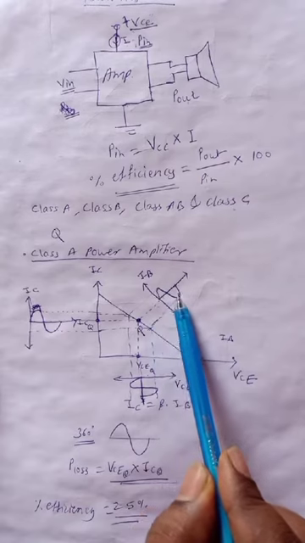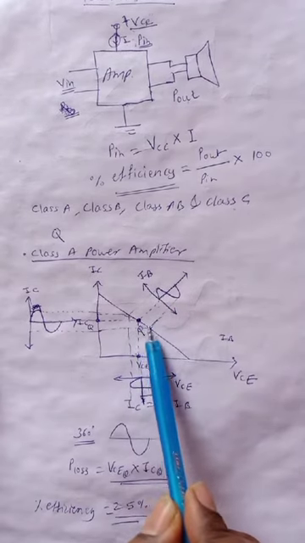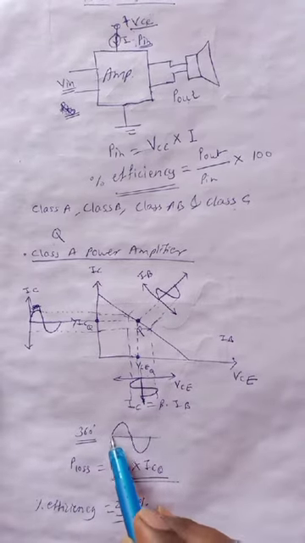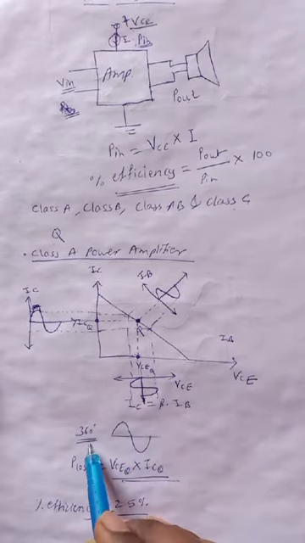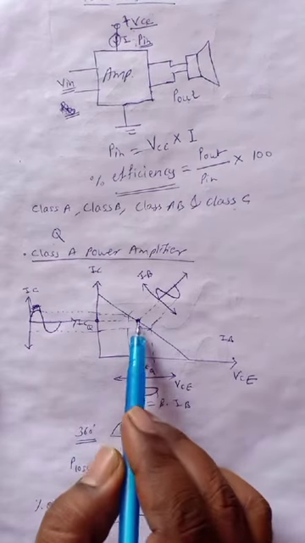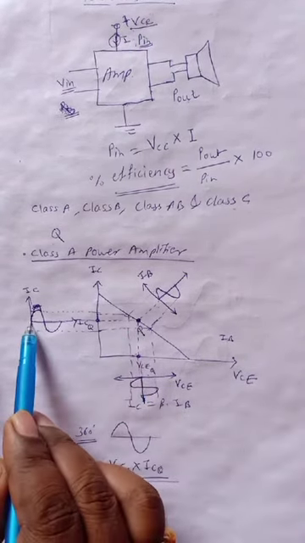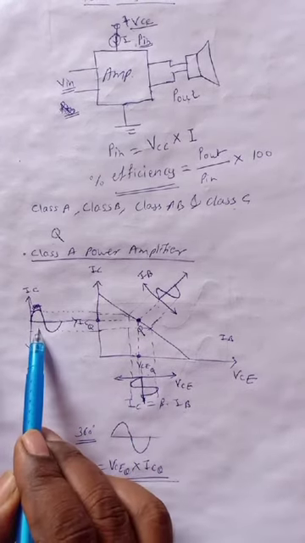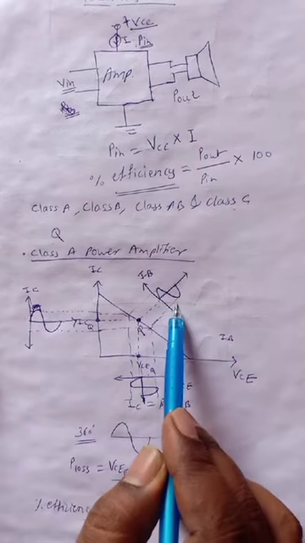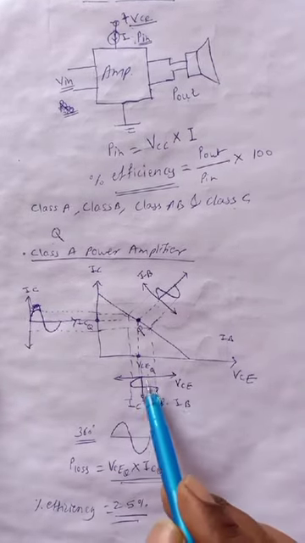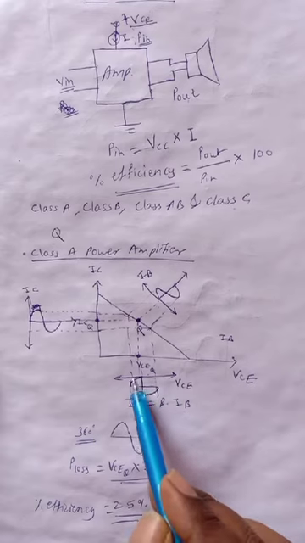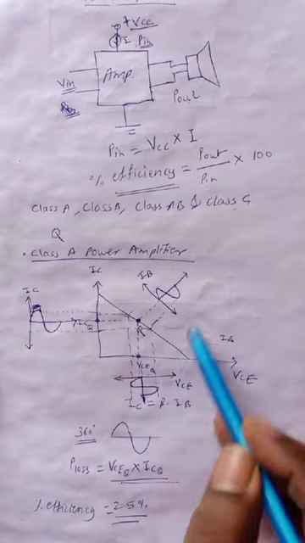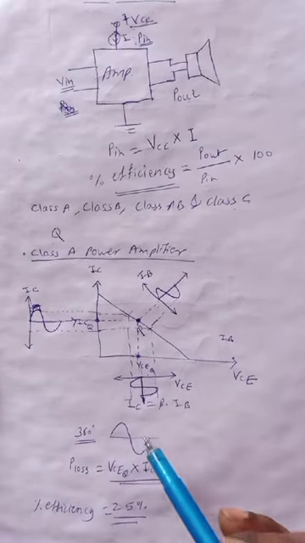For the full input cycle, the transistor is in active region and it conducts overall 360 degree. This is 180 and this is 180, that is 360 degree. For 360 degree the transistor conducts, and we get a full maximum amplified waveform, that is collector current IC. We get maximum as that of the IB, and we also get maximum variation in the collector to emitter voltage, that is output voltage. It is 180 degree inverting between input and output. So that is another point.